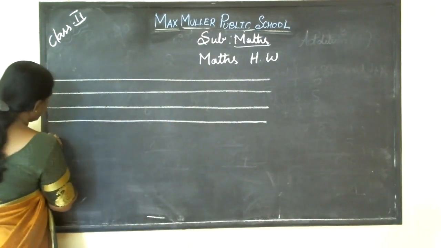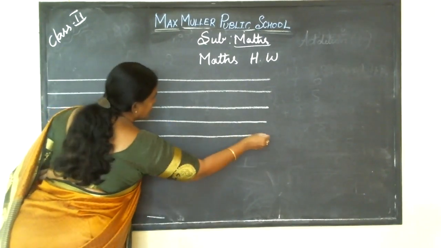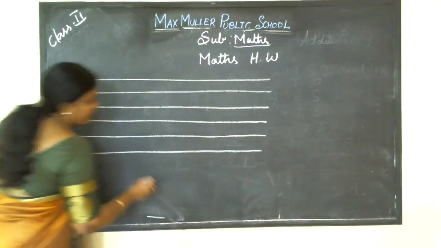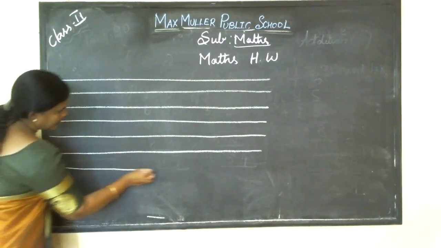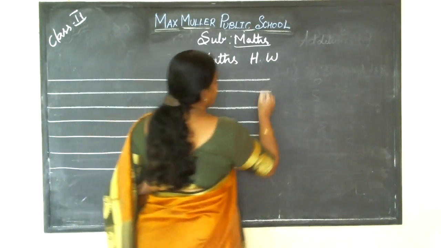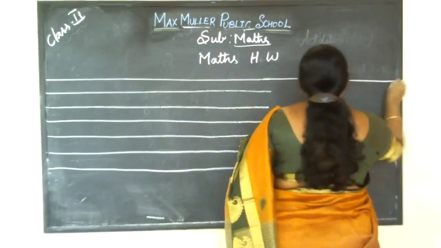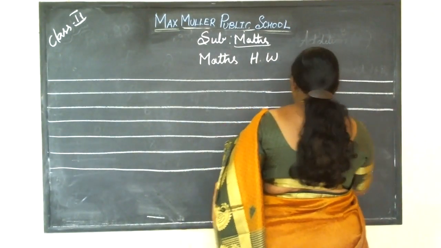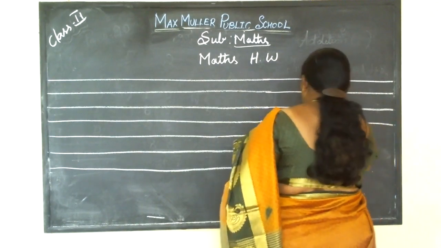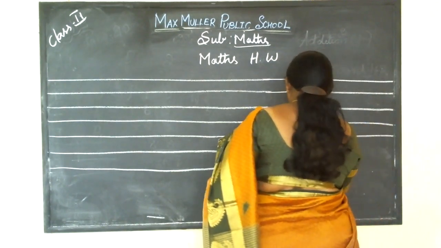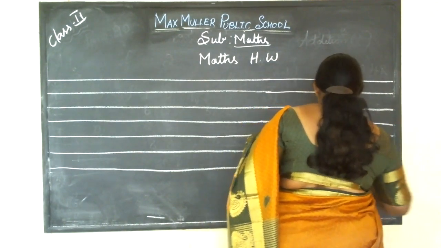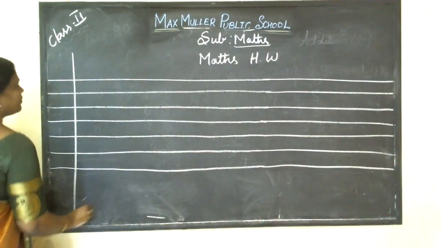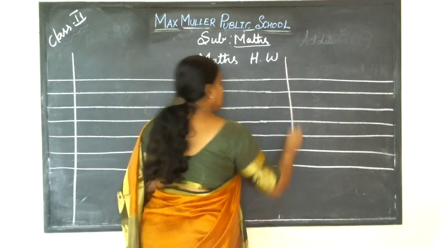See, when you are writing the homework note, sharpen your pencil neatly. Maintain a neat homework note, children. Don't make it dirty. Whenever you are writing a note, at that time you want to write with a sharp pencil only. Use scale, eraser. See, like this only, no, children, horizontal notebook. Maths homework notes like this only, no.